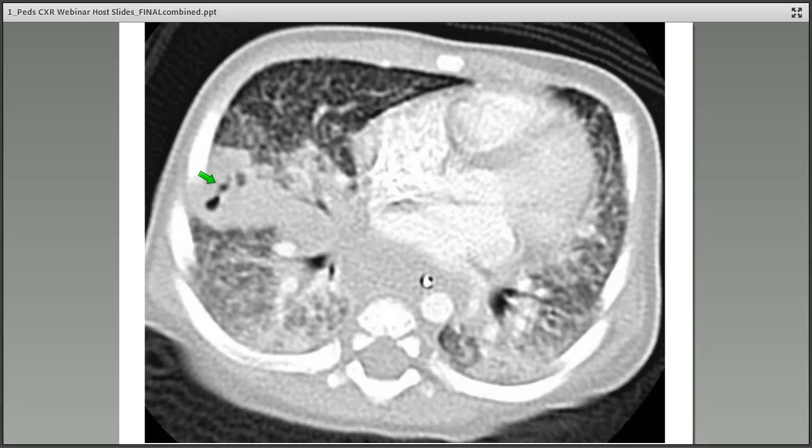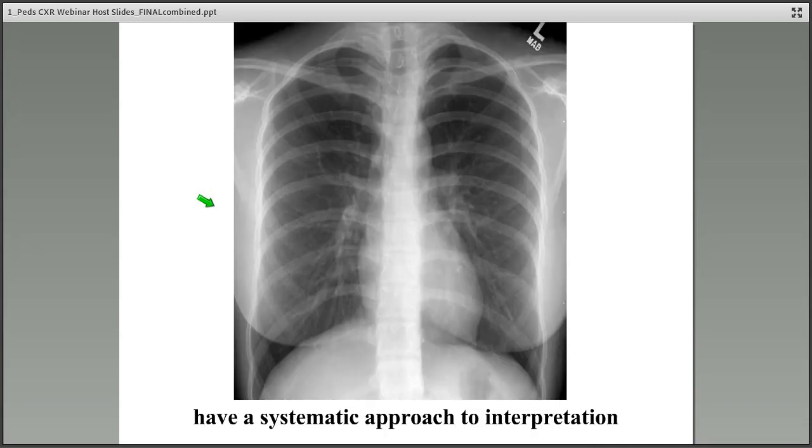On this slice of the CT, you also see an area of consolidation that has a small cavity within it. Now, so that was the findings in an infant. Before we proceed to evaluation of an older child,